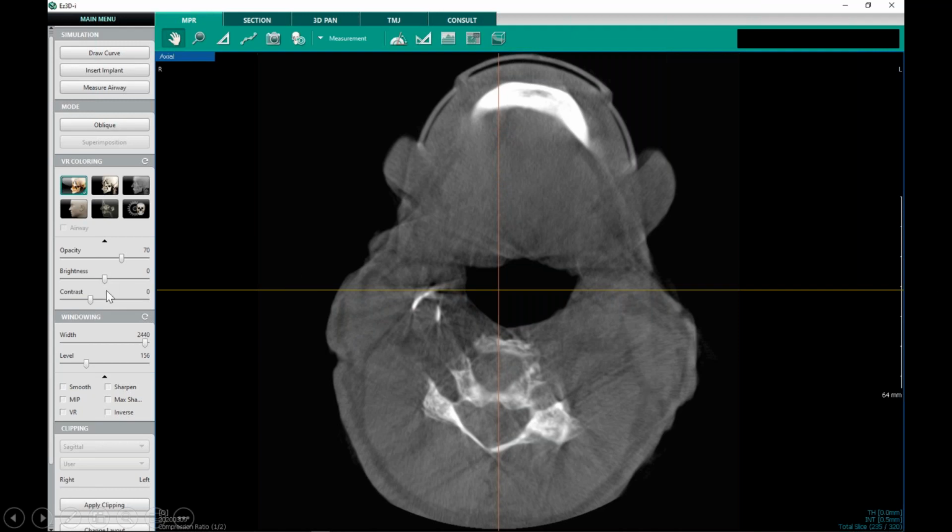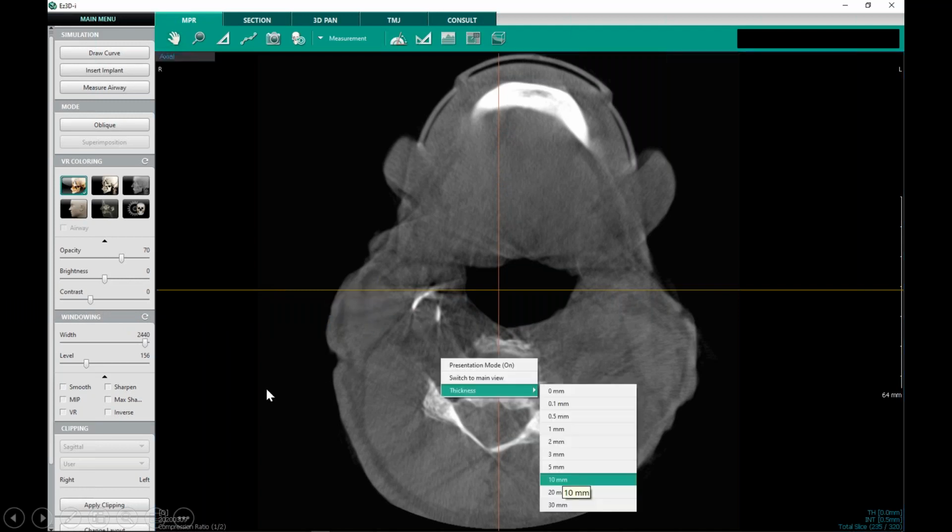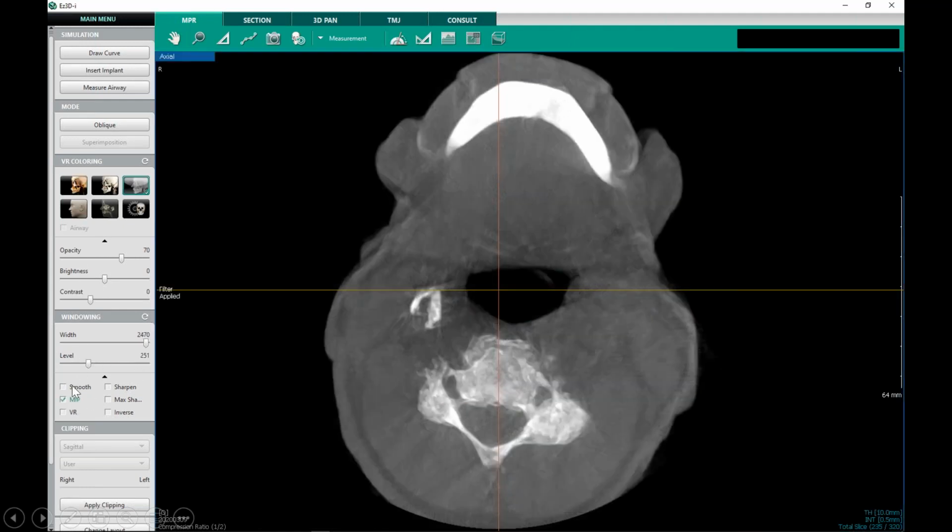In this particular case, we were able to open up the toolbox. To make this more prevalent, we used that MIP image. So we thickened it to 10 millimeters, and then we open up the toolbox and click on the MIP tool over here. Your folks from Vatech can show you how to do that, but look how nice that calcification